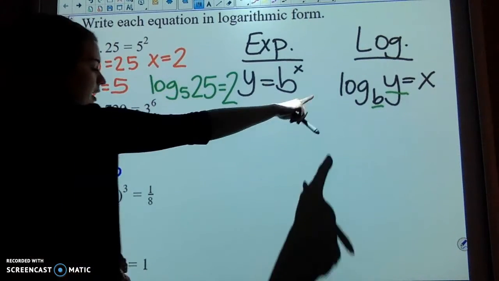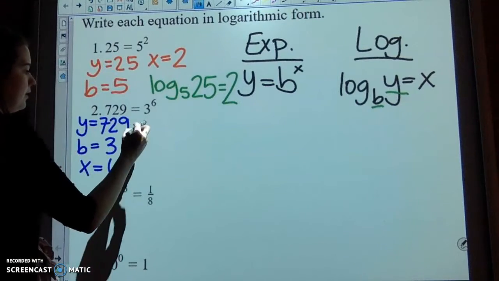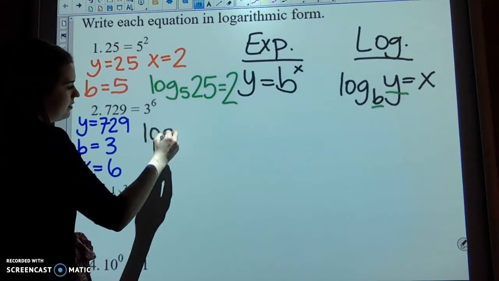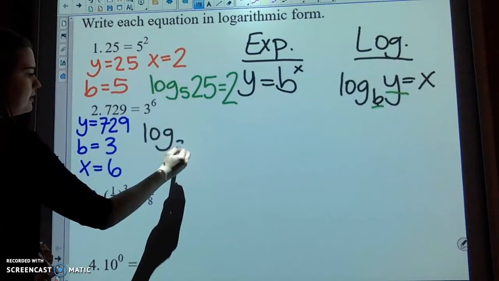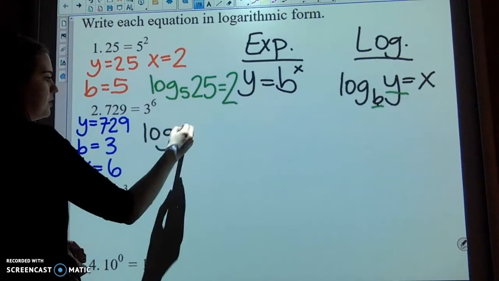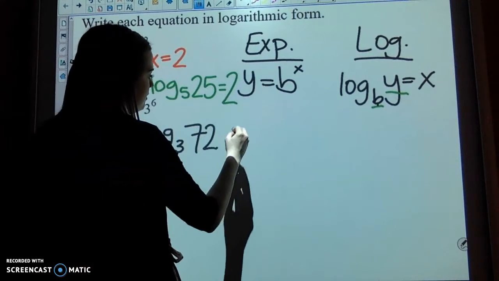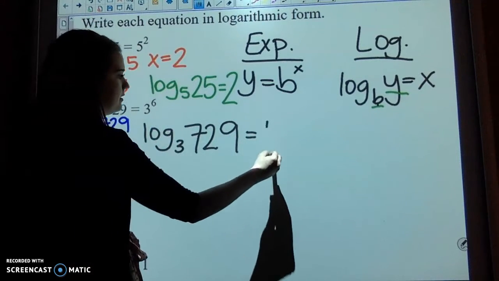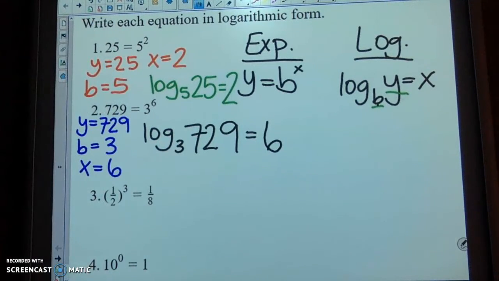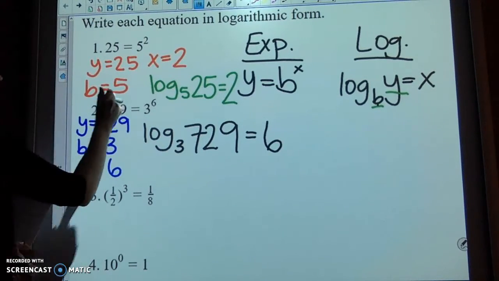So then we go into our log function and we write it down. Log base b, which is 3 in this case, of y, which is 729, is equal to x, which is 6. So those are our answers for number 1